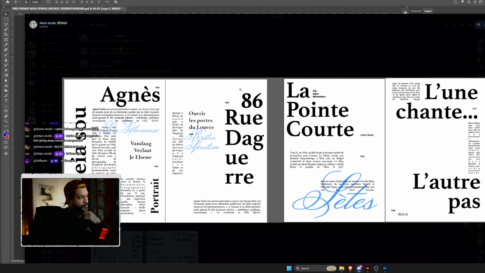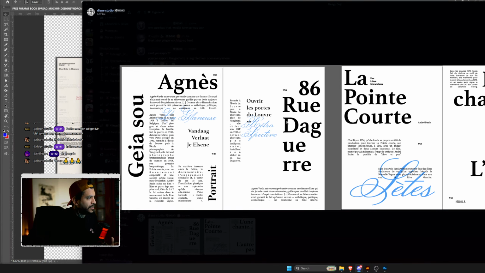And also play with the information, with the running header, the information that goes on the top. That helps to tie the system a lot because it gives you instantly something that's recognizable, that's gonna tie everything together. So the folio where you put the number of the page and the running header and maybe a running footer also, try to use that to emphasize the system. I like it.